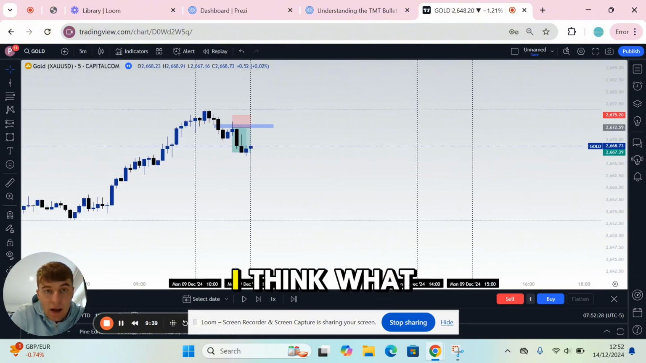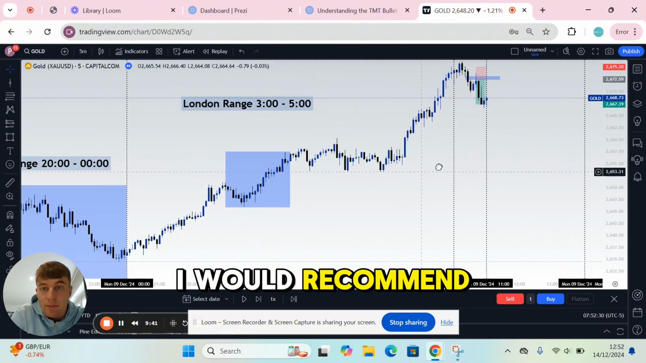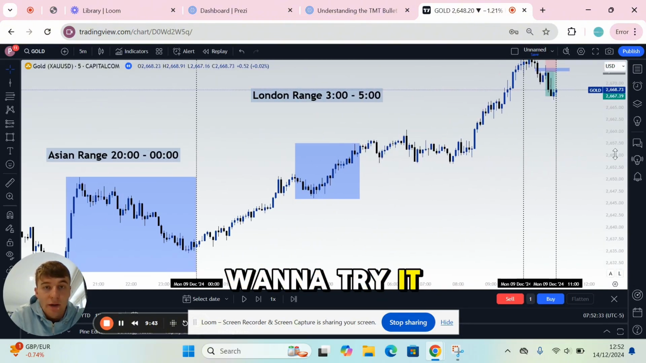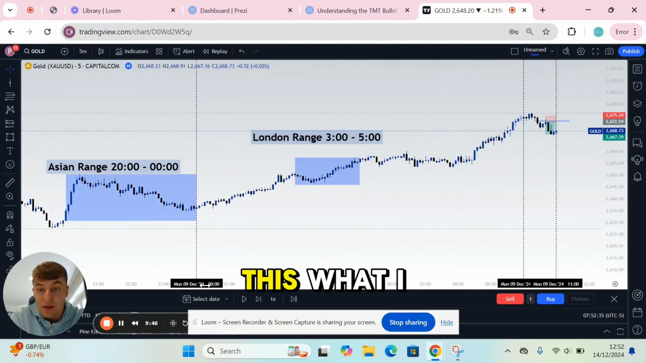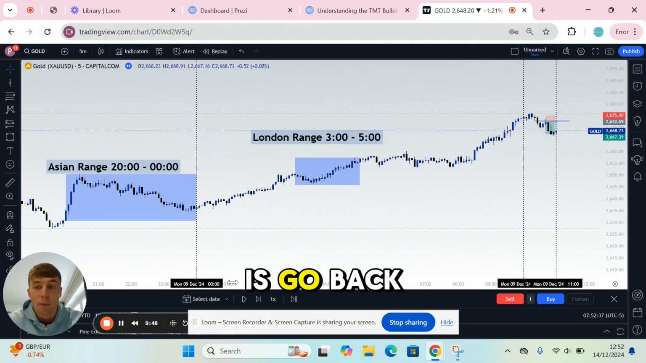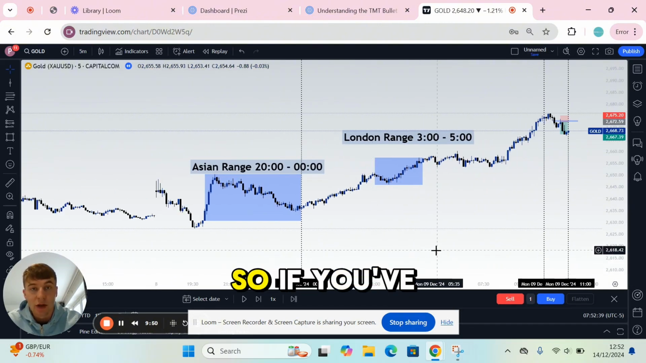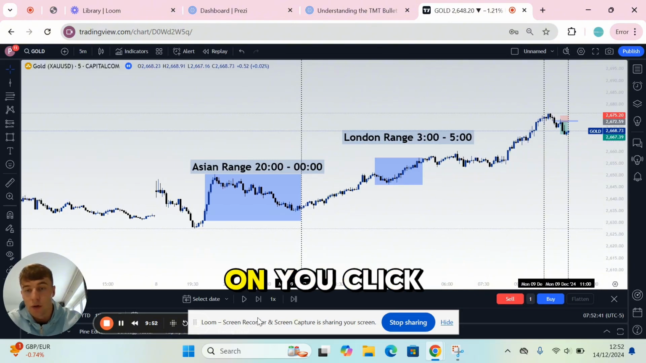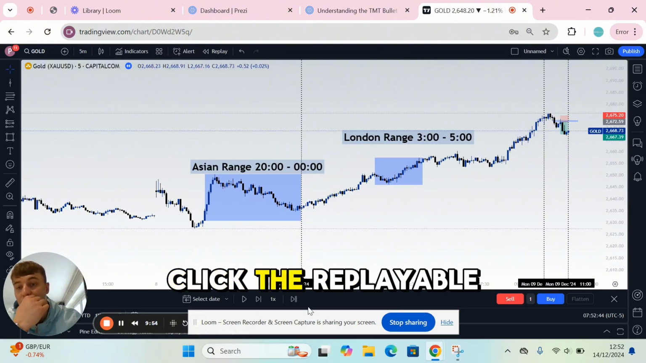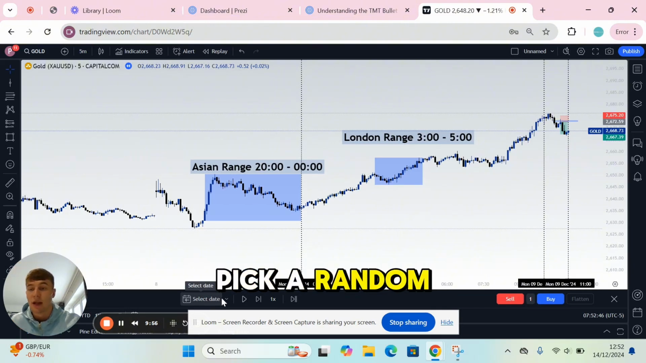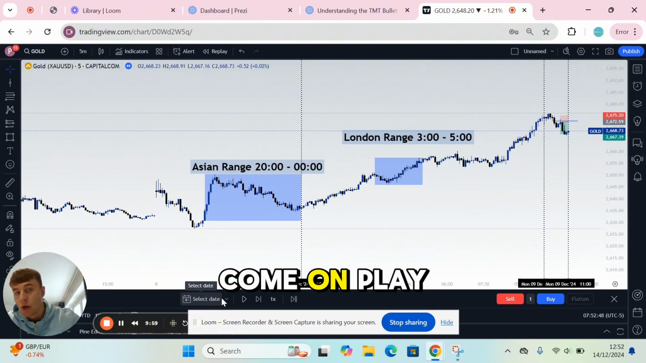Other than that, what I would recommend if you're looking at this and you want to try it is go back. This is what I did when I first started it. Go back and backtest. So if you've got TradingView, you just go on, you click the replay bar, you come here, pick a random day from months ago,